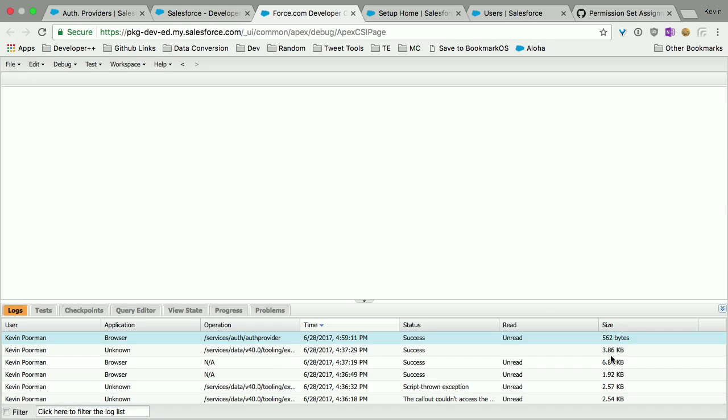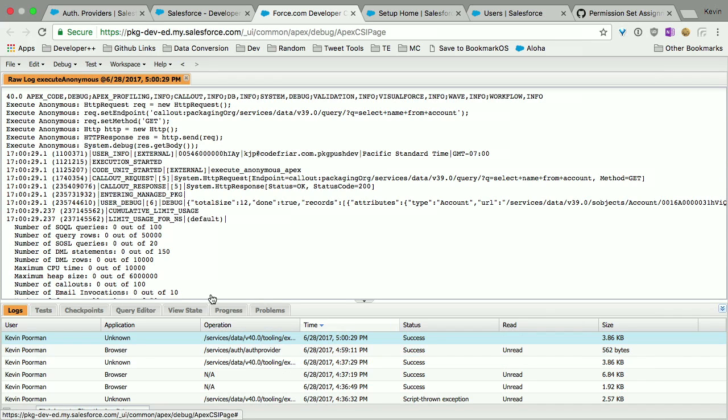So if I run this, yay, it succeeds. And if I open it up, buried in the swath of text is actually all of the results that I pulled back. In this case, you can see that there are a total of 12 records, and here they are starting in this JSON array. So with a named credential and an auth provider set up between two orgs,